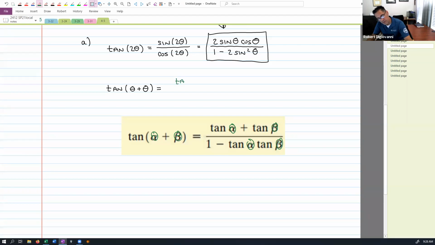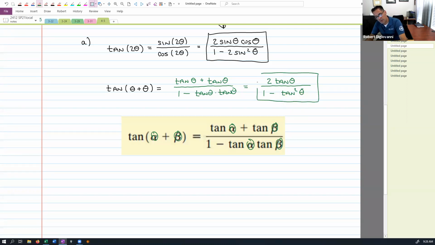It's tangent of theta plus tangent of theta over 1 minus tangent theta times tangent theta. And that would give us on top 2 of the tangent thetas, because we're adding them together. And then 1 minus tangent squared theta, because we have tangent theta times tangent theta. So tangent squared. Now this is a formula for tangent of 2 theta that has tangent theta in it, which